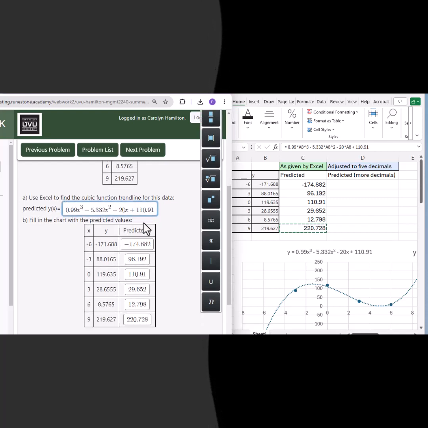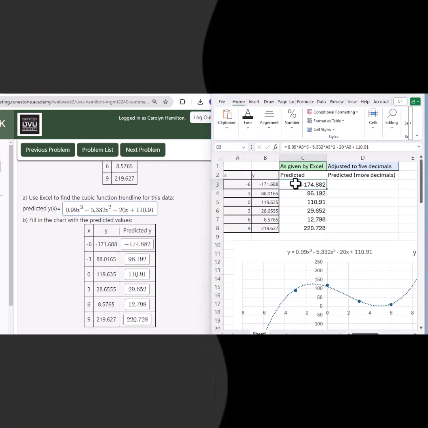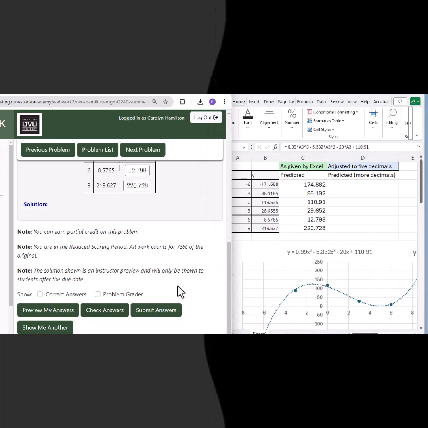Okay, so that's the equation I was given, and then I put that in, and so notice that on the trend line, Excel just decides based on an inner algorithm how many decimal places to use, and on the first coefficient it's got 2, and then 3, and then none, and then 2 again. And if I take what Excel decides to give me and I model it, and I put those values in, and then I check it,